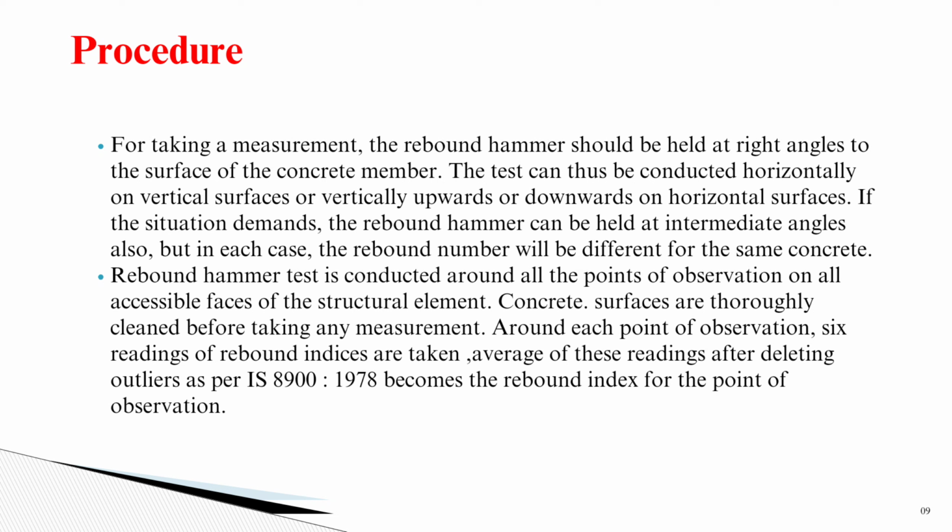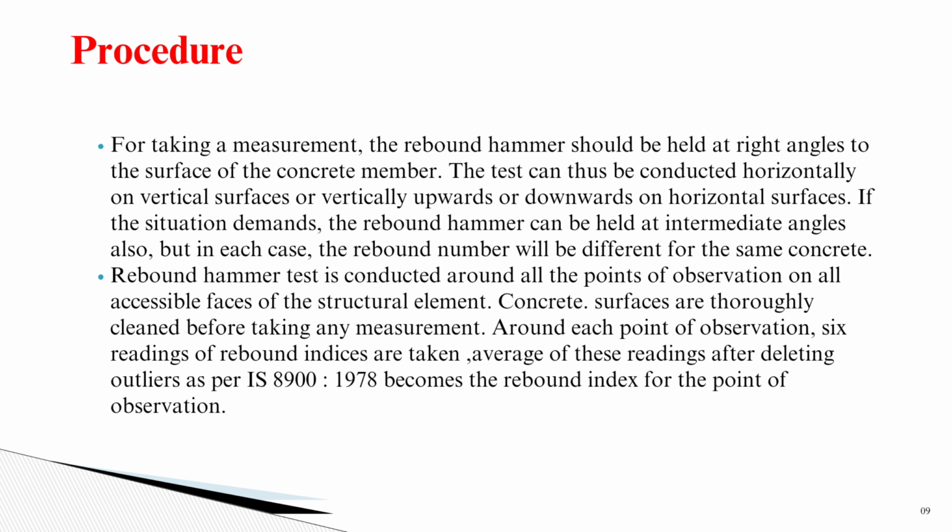The rebound hammer test is conducted around all the points of observation on all accessible faces of the structural element. Concrete surfaces are thoroughly cleaned before taking any measurement. Around each point of observation, a minimum of 6 readings of rebound indices are taken. The average of these readings, after deleting the outlier as per IS 8900 1978, becomes the rebound index for the point